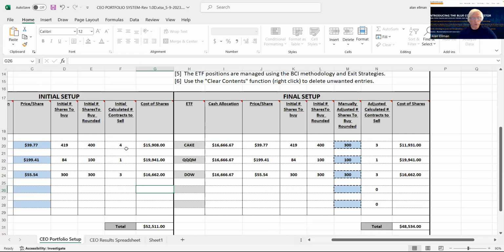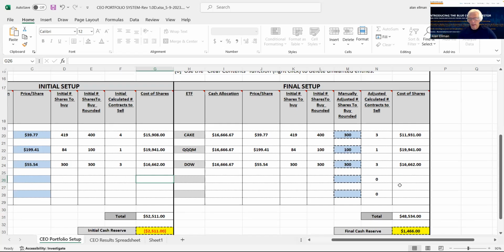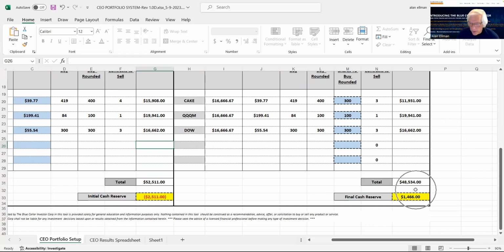Now, what we have to do is reduce one of these by 100. Well, we're not going to reduce QQQM because all we're buying is 100. It could be Dow or it could be cake. I decided to reduce cake from 400 to 300, leave QQQM at 100, leave Dow at 300, and lo and behold, now we're down to 48,534, which is well below the 50 grand we have available, and it leaves us a cash reserve of